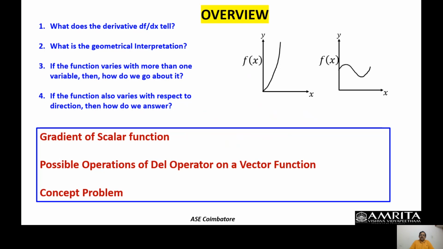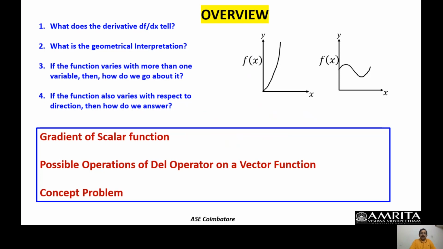Del operator, as you will see, is merely an instruction. It is an operator. It mimics a vector in every aspect, but it is not exactly a vector. I will describe that in more detail shortly. Finally, in this class we are going to talk about a concept problem which will help us to understand this gradient of the scalar function in much more detail. Rather, to emphasize the usefulness of this del operator